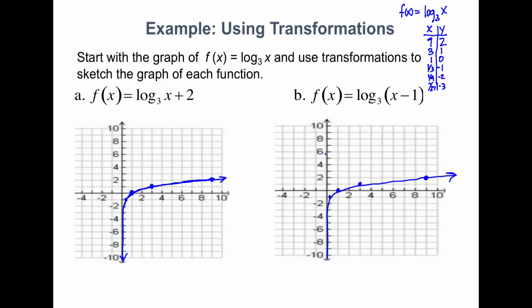All right, so let's play around with these translations with some graphs here, and I've graphed out the parent function here. All of these have the same parent function with the base 3, and I also wrote out the points for those, simply because we can just focus now on manipulating the points that I have. So if we add 2, we know that shifts it 2 units. So here, with some of my points,